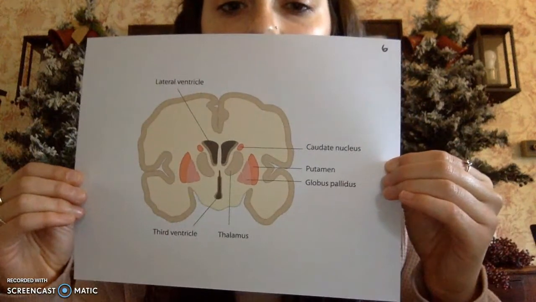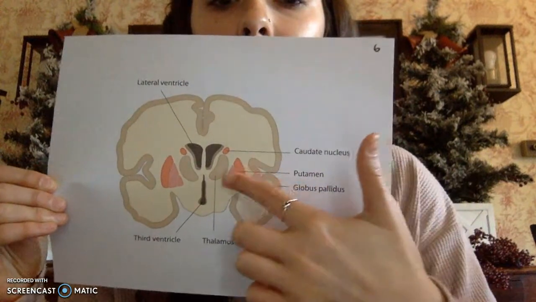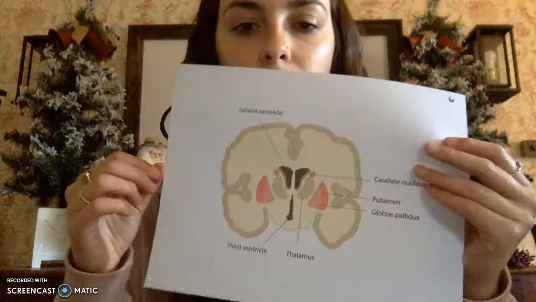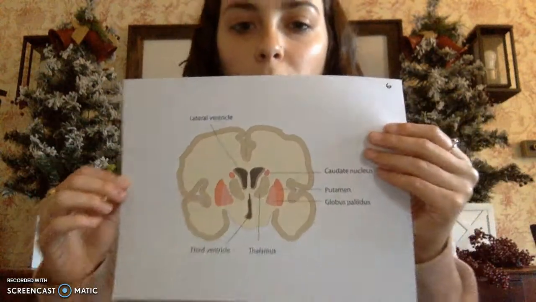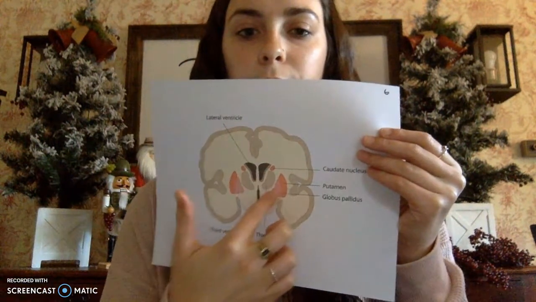And here we have another view of it. As you can see, the ventricles here are what allows the blood flow to come and supply blood for the basal ganglia. Okay, so moving on, we're going to talk about the symptoms and causes of subcortical vascular dementia,